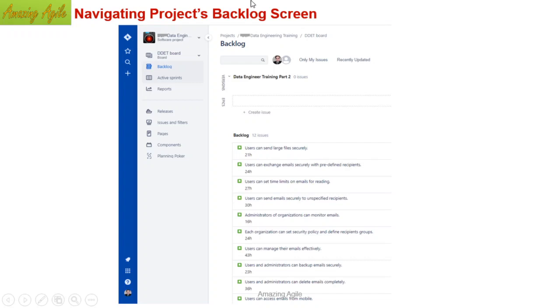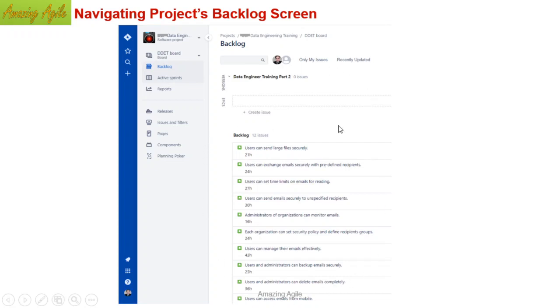So now it's a project screen. These menus I already discussed. Now there are new menus when we are in the project. Earlier we were in the dashboard view, so we discussed the menus in the dashboard. Now when you move to a project, the menus are related to the project. How it looks, I just wanted to tell you real quick. When we click the project view from the dashboard, it comes to the backlog view mode.